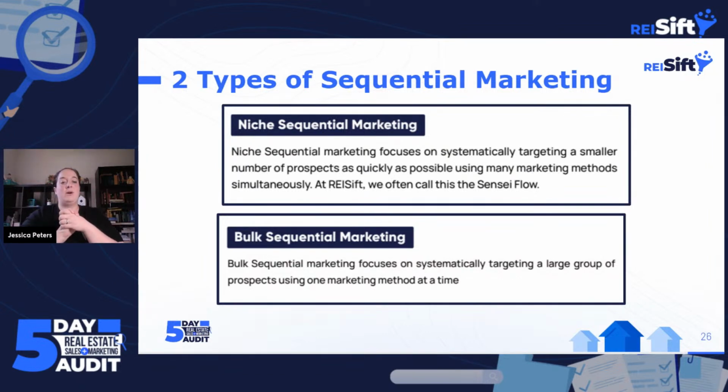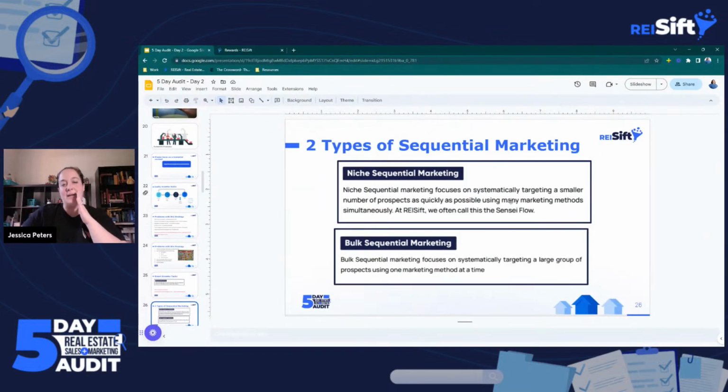So there's not like a right strategy or wrong strategy when it comes to niche or bulk. The truth is that the sequential part is the part that needs to happen. Tracking everything, having a plan, moving it through a process is really what matters. And the strategy that works best for you is the strategy that works best for you. That said,